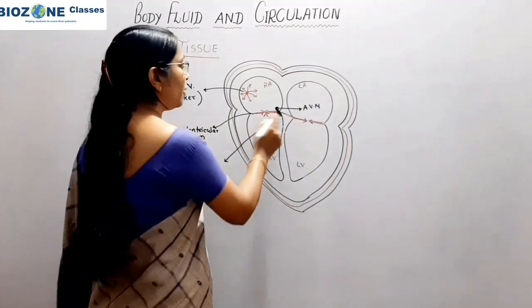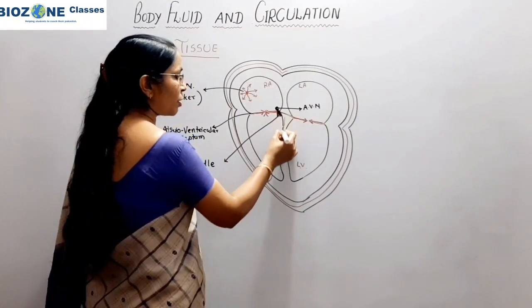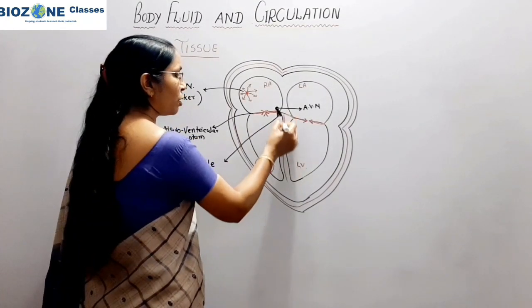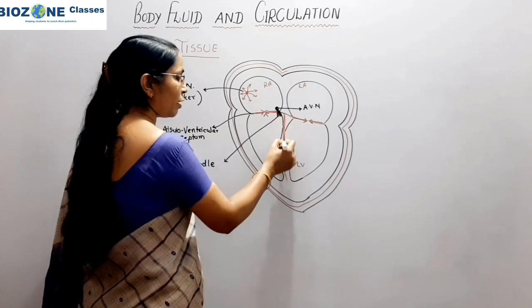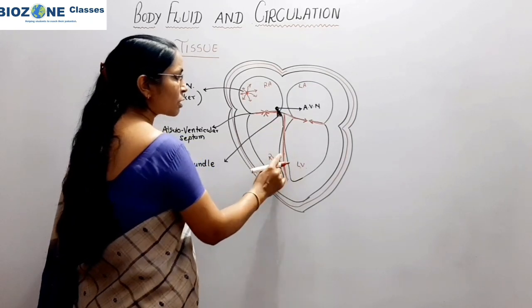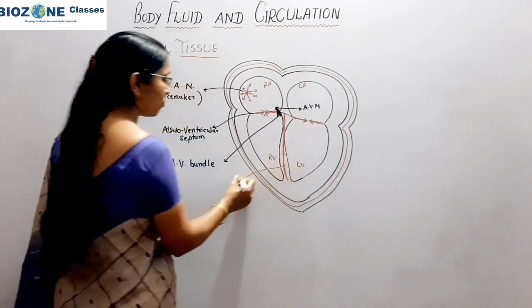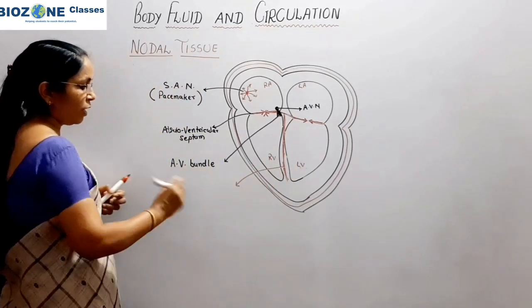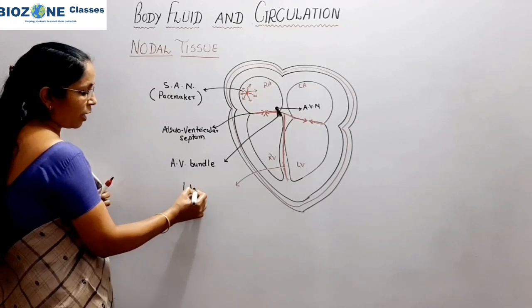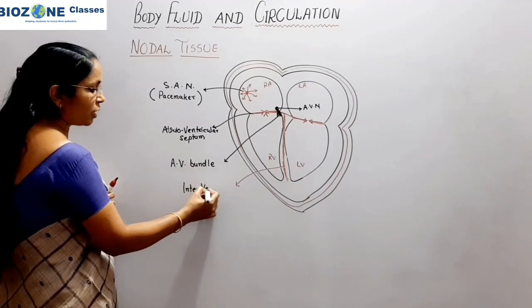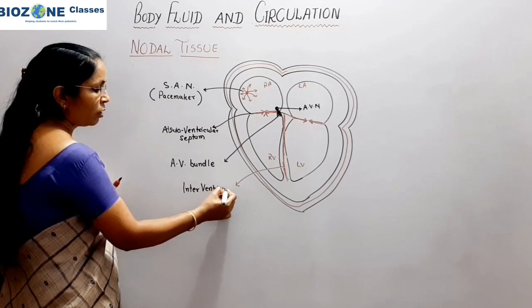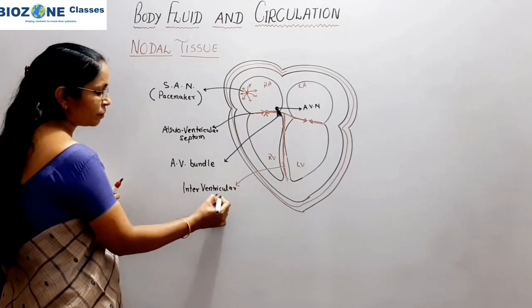Now this is the longitudinal septum, and through this longitudinal septum, you remember, both the ventricles get separated. This longitudinal septum is called the interventricular septum, and at the top of this interventricular septum,